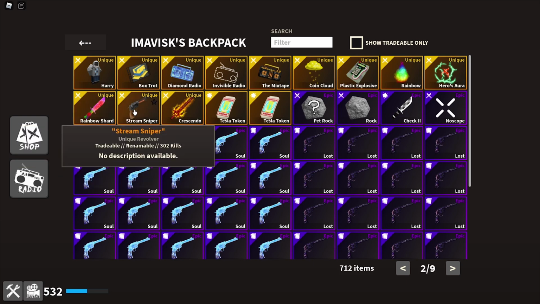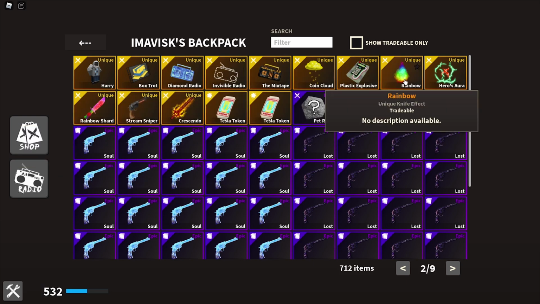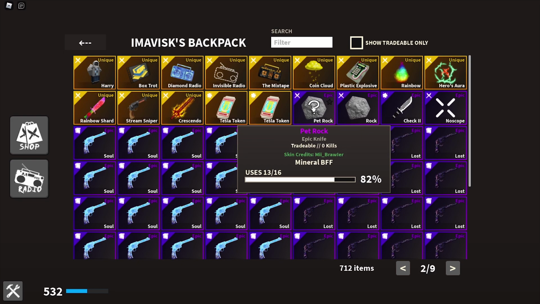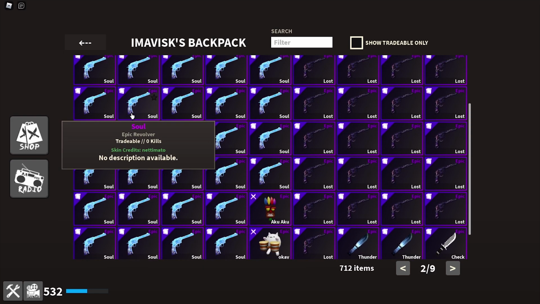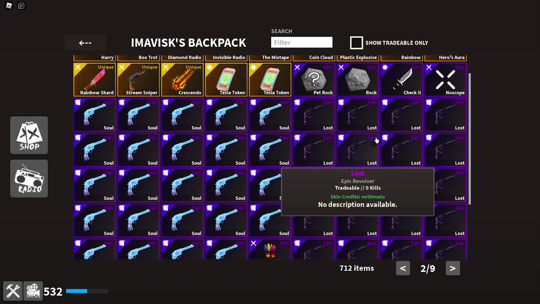The rainbow shard knife, the shotgun revolver, the crescendo. I would say those are the most important ones. Next up, of course, we have the pet rock and the normal rock, check 2 knife, no scope. Then we have quite a few soul revolvers, as you can see, and quite a lot of lost revolvers as